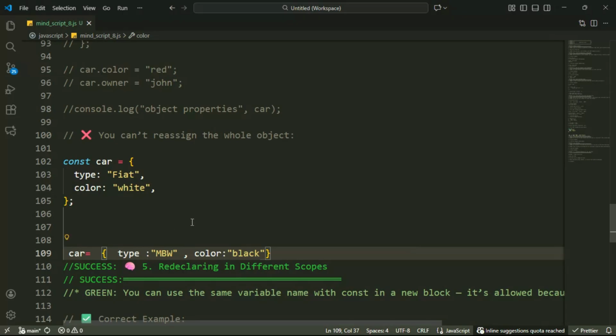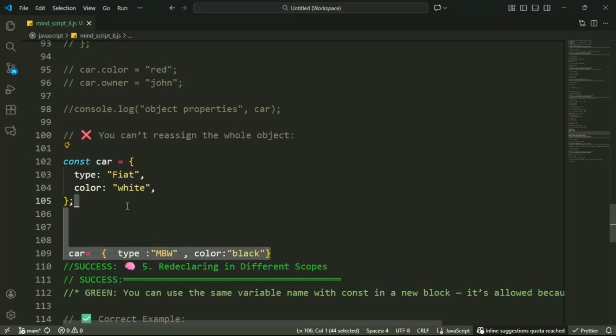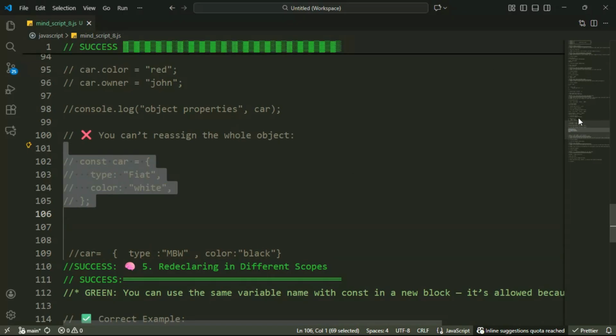Okay, so this is a constant variable, and if you want to assign a new object to this car variable, so you cannot do that here. You cannot reassign the whole object here. So this is wrong, guys. So we have to comment this out. The next topic here,